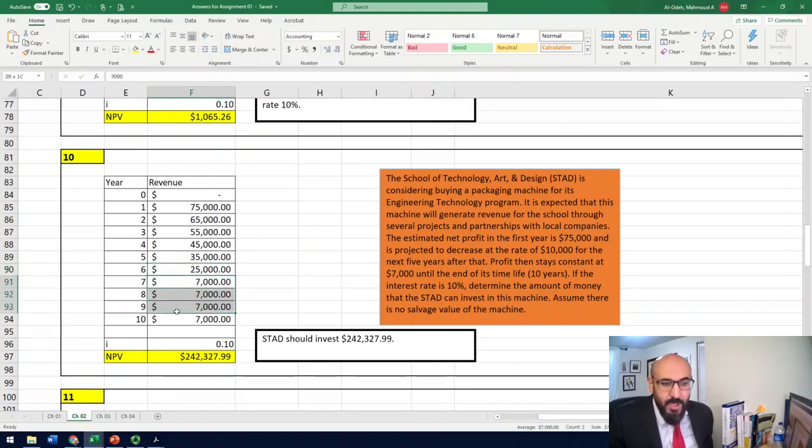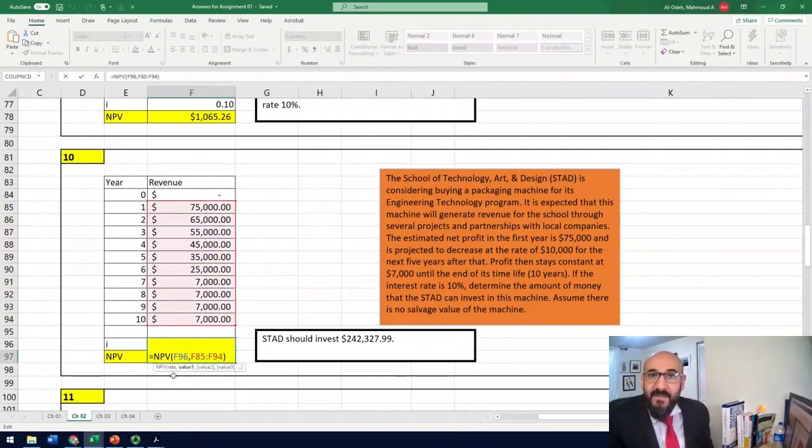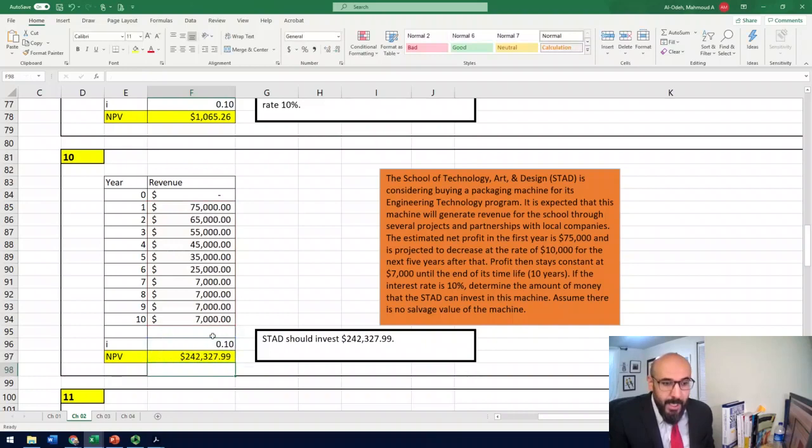For years 7 to 10, we're going to keep it constant at $7,000. We know the interest rate is 10%. The best and easiest way is to use the NPV function. Type NPV, put the rate of 10%, and select all the values, and this would give you the net present value for this machine,